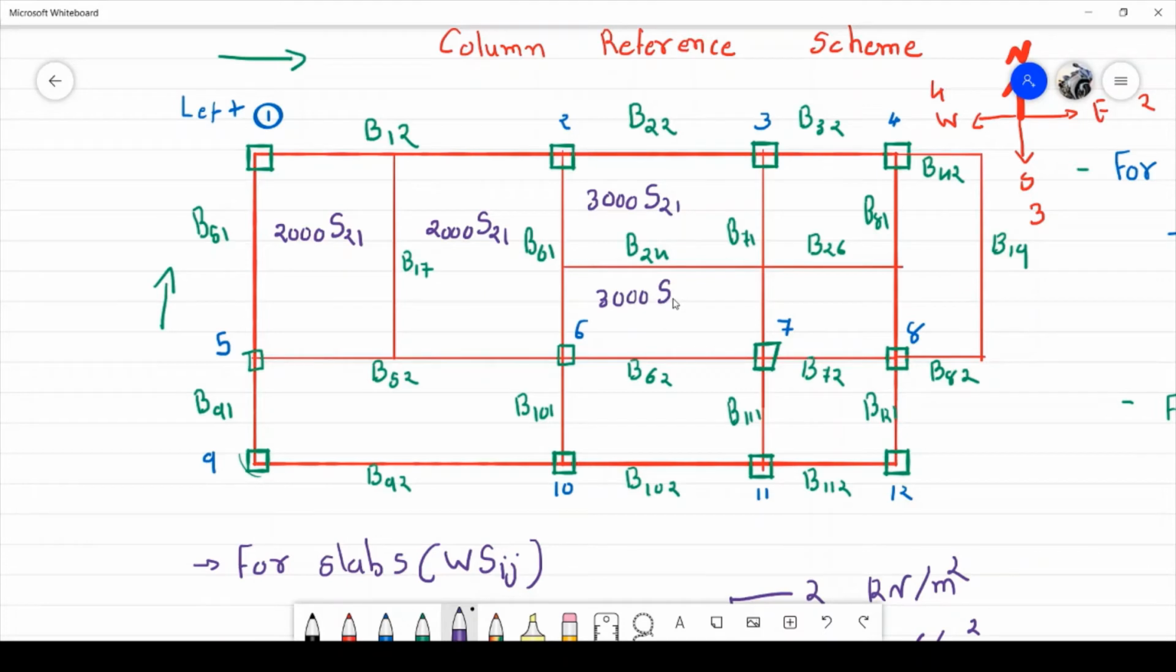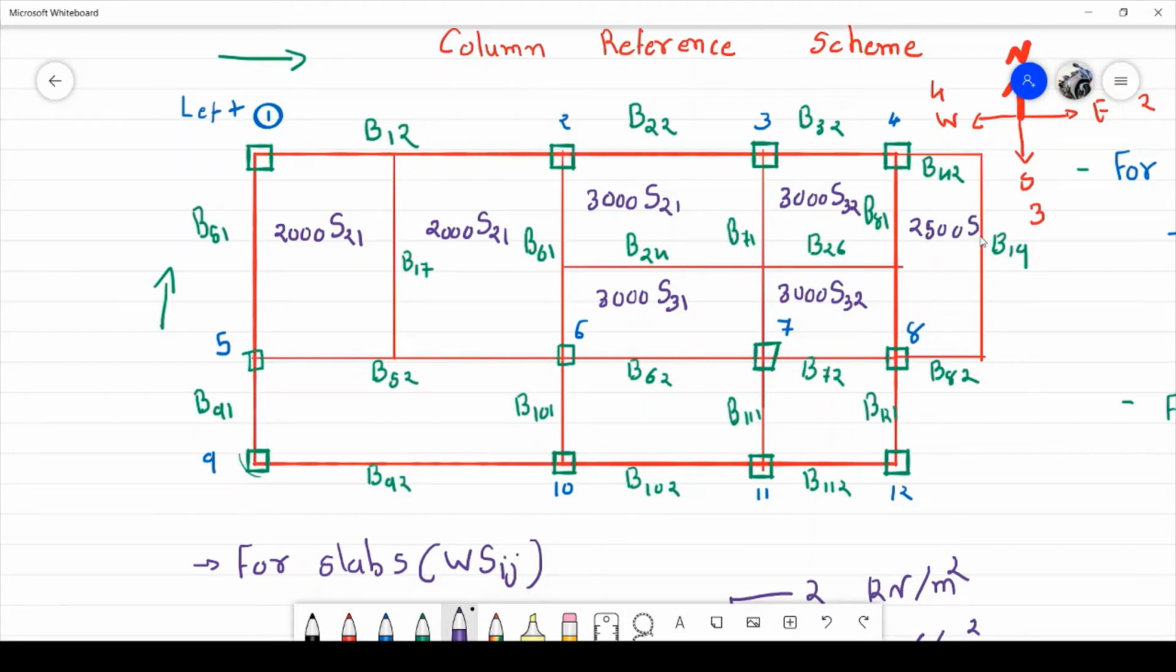3000 load, S category 3, slab 2A. Here is a 3000 load, S category 3, slab 2A. Here load is